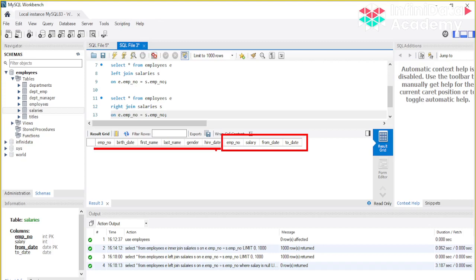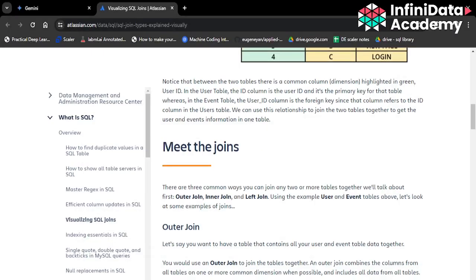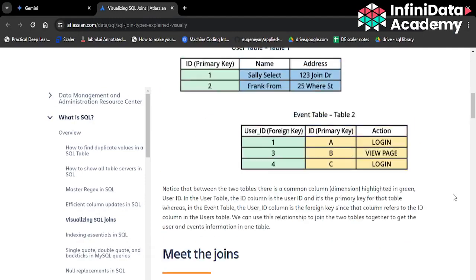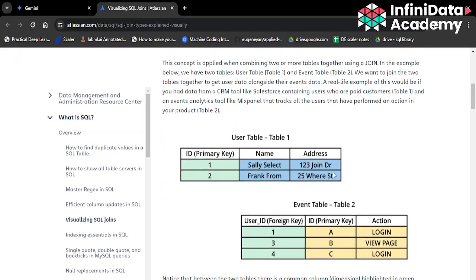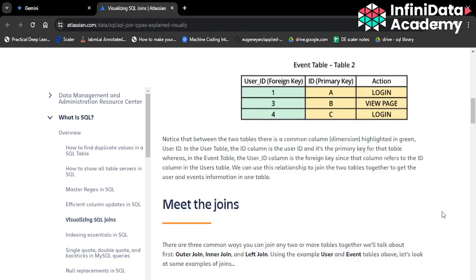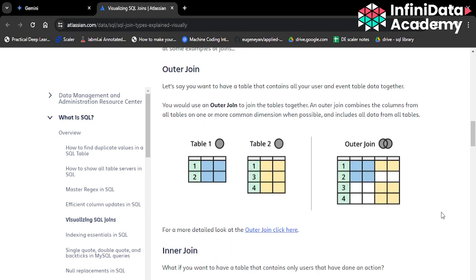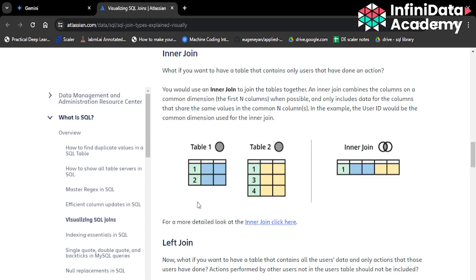If you want to see this as a visualization as well, you can just Google search and see how we have these joins. I'm just opening this simple example. You can see these two tables, table 1 and table 2, and in case of an inner join, the final result set has only those values that match in both table 1 as well as table 2.